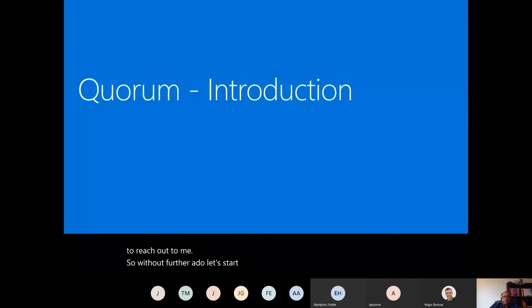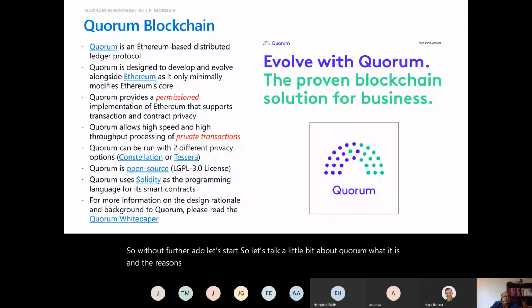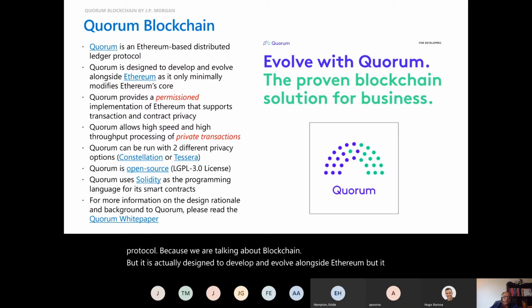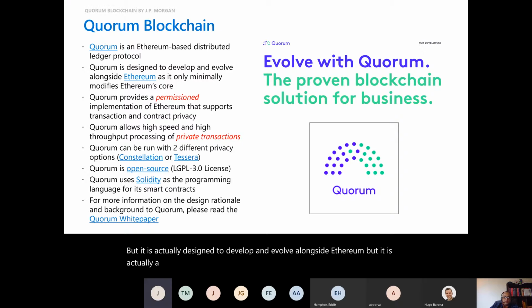So let's talk a little bit about Quorum, what it is and the reasons why it started. Quorum is a project by JP Morgan Chase, a financial institution in the USA. Quorum is an implementation of an Ethereum-based distributed ledger protocol, because we are talking about blockchain. It is designed to develop and evolve alongside Ethereum, but it is actually a fork because they implemented some